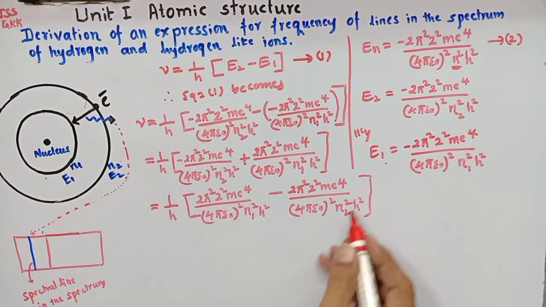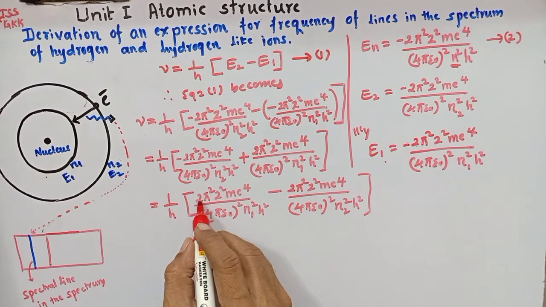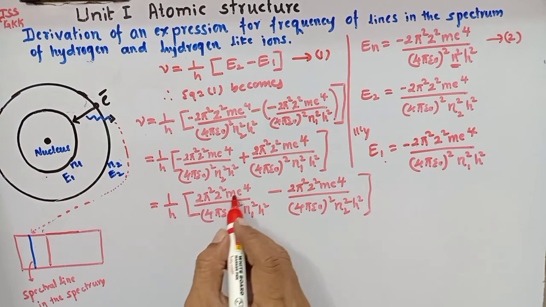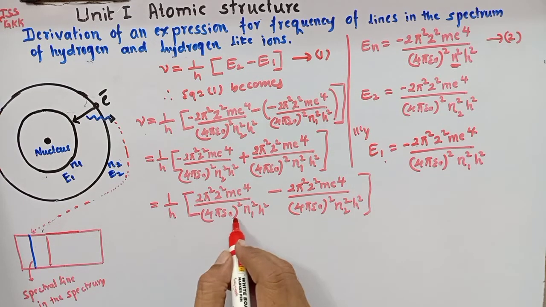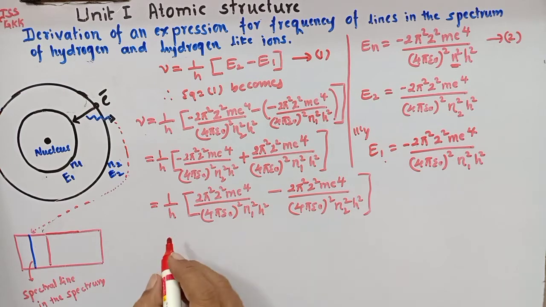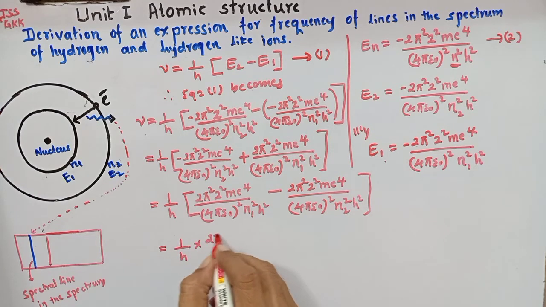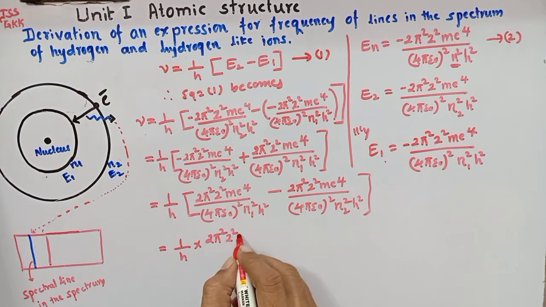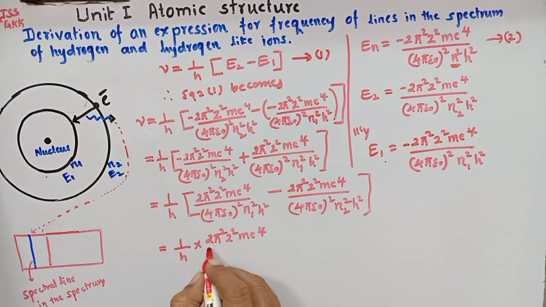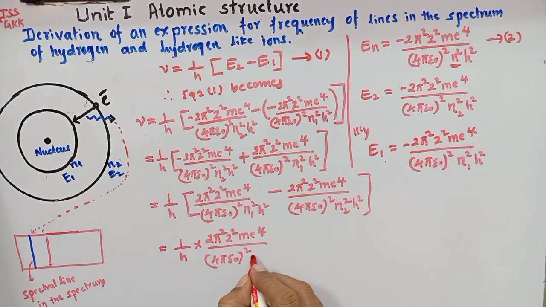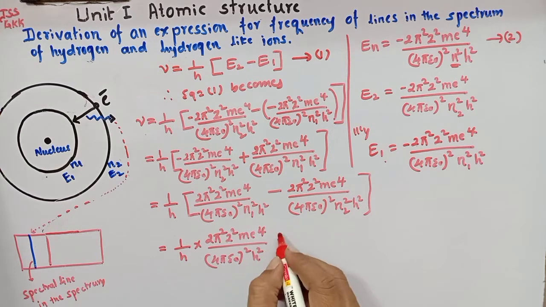Now which one is the common factor here? The common factor is 2π²Z²me⁴/((4πε₀)²h²). Therefore, take this one outside: 1/h times 2π²Z²me⁴/((4πε₀)²h²)